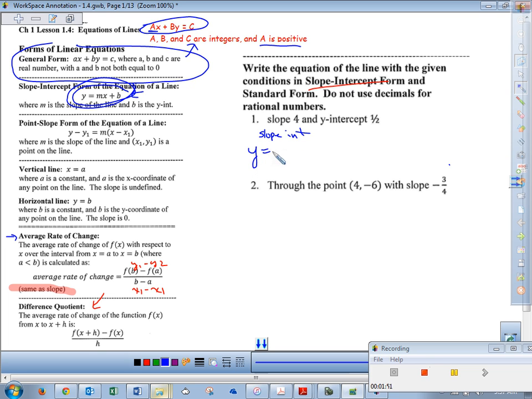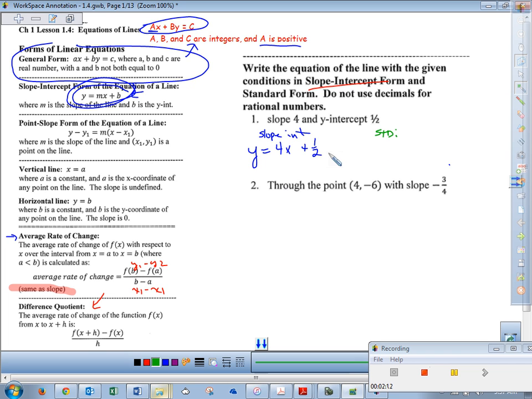y equals m, which is the slope. They tell us it's 4. x next to it. Y-intercept is 1/2. You are allowed to use fractions and stuff in slope-intercept form. What the instructions mean is when you go in standard form, that's why it says A, B, and C have to be integers. Now, what we have to do for standard, which I'll let you abbreviate STD, standard form, we need